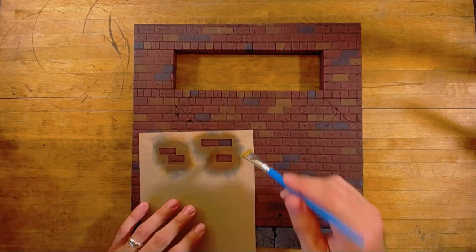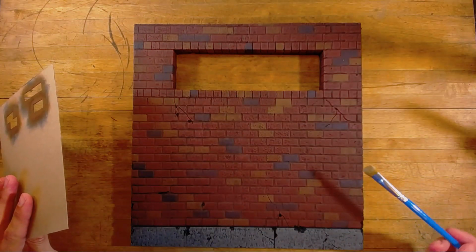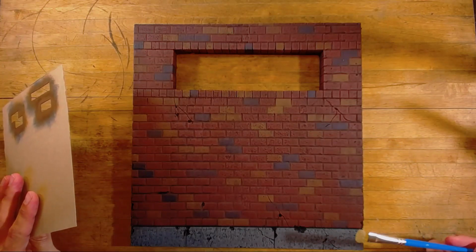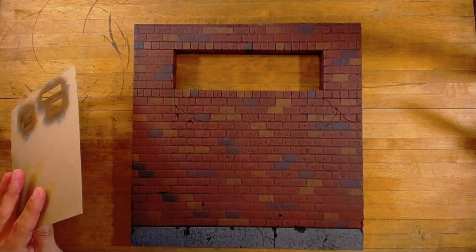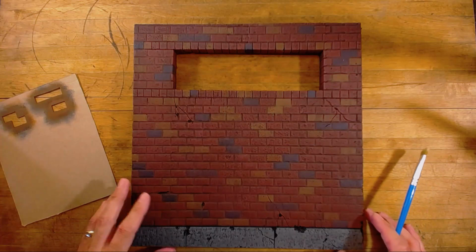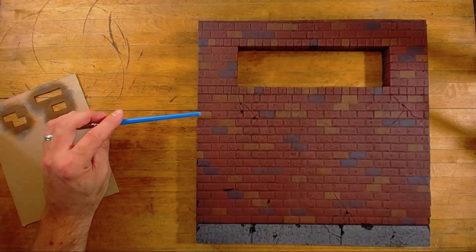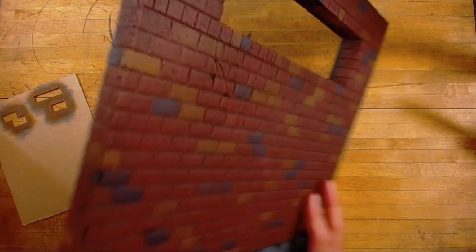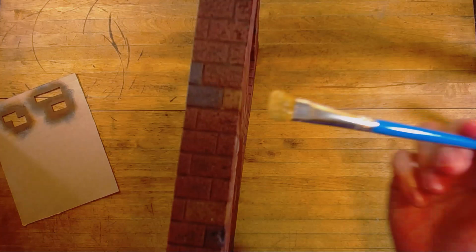Okay, so then basically I just choose all random. I try not to put too many all in one area, just because you want to have that nice random design look. I thought this turned out decent enough. I'm not too unpleased with it. And then one of the other things that I really recommend doing is if you're going to do an edge one, and I recommend doing a few of these edge ones, we'll see if we can get this to focus. But you'll want to make sure that you allow that continuity of that brick, because the end of that brick is also going to be